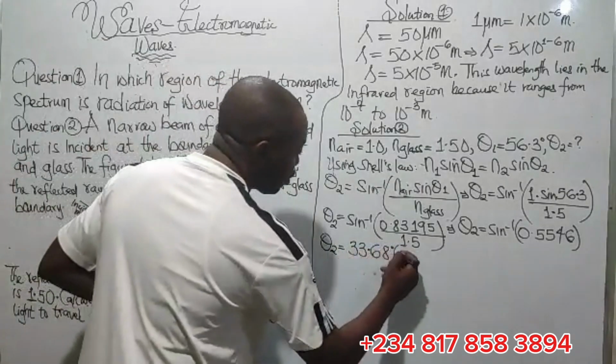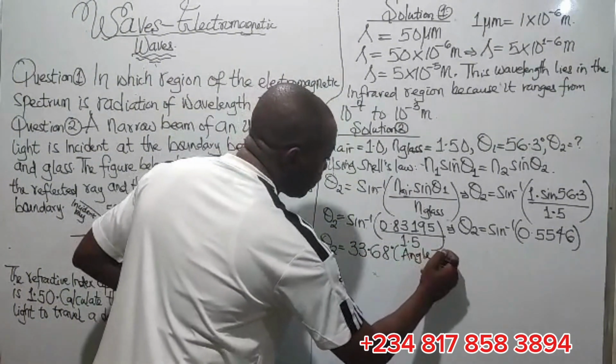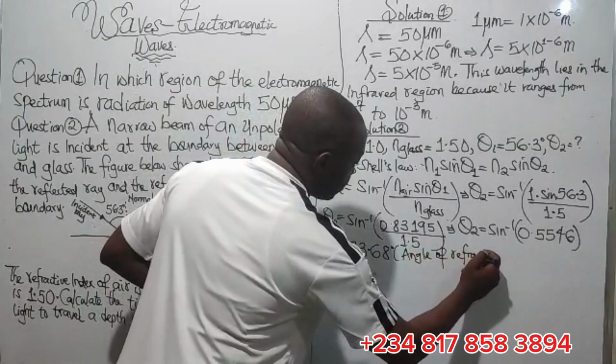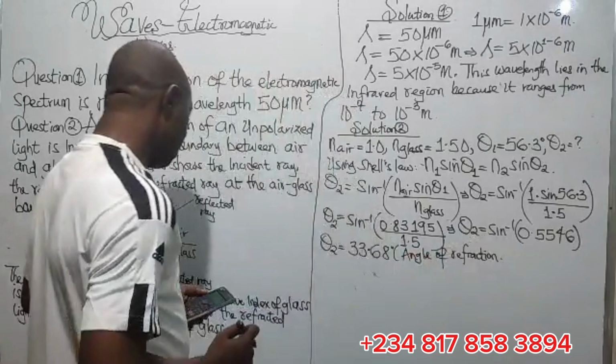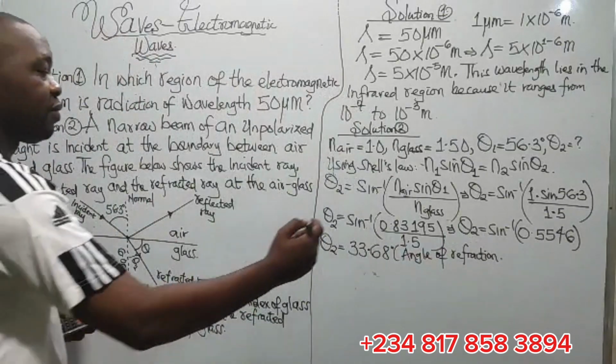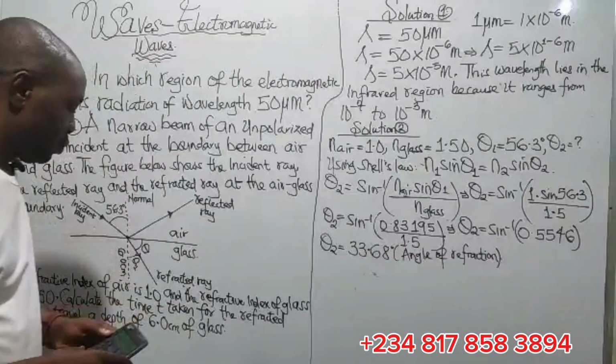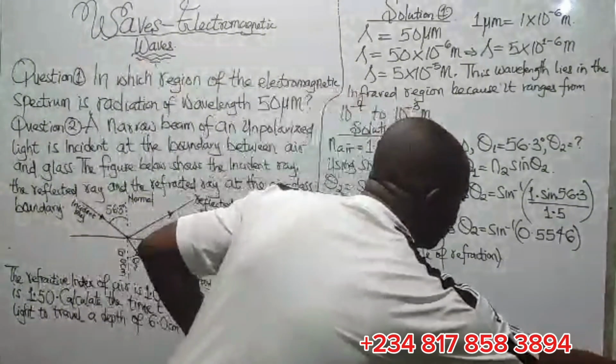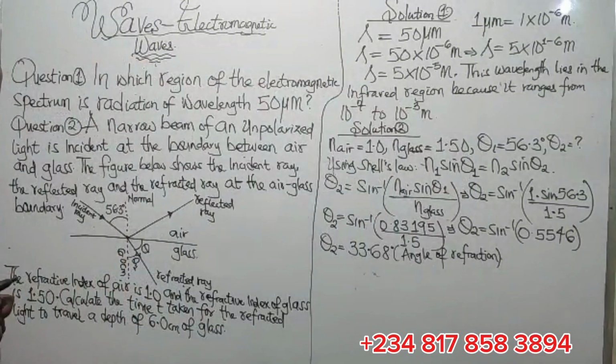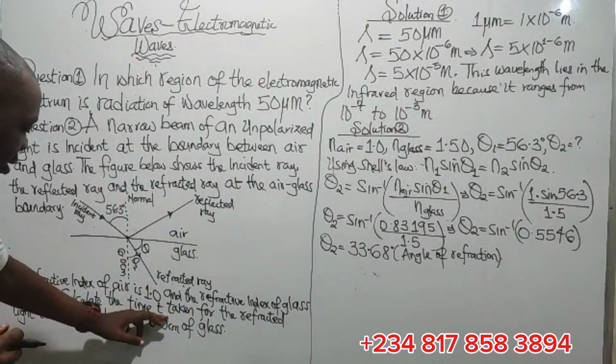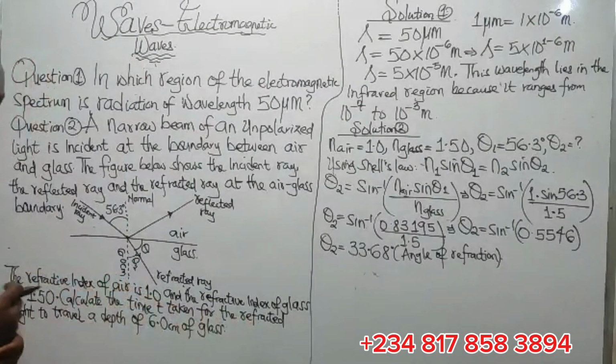33.68. So this is our angle of refraction. That's our angle of refraction. All right, so we have our angle of refraction. Now, we'll get there. Okay, so what we have here is, now we want to calculate the time t taken for the refracted light